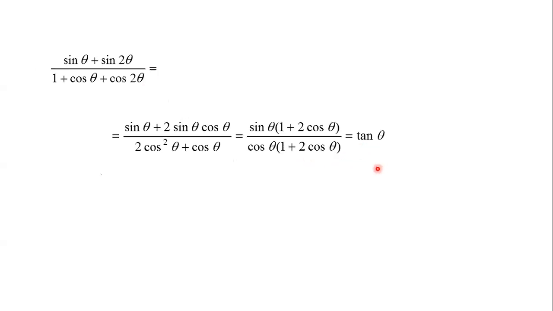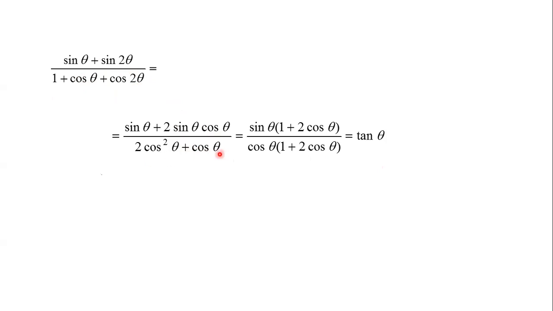And in the similar way, next question is: we want the value of (sin theta plus sin 2 theta) divided by (1 plus cos theta plus cos 2 theta). So we'll use the direct relation: sin 2 theta is 2 sin theta into cos theta, and the value of cos 2 theta is what? 2 cos square theta minus 1. So minus 1 plus 1 get cancelled, and cos theta will be as it is.